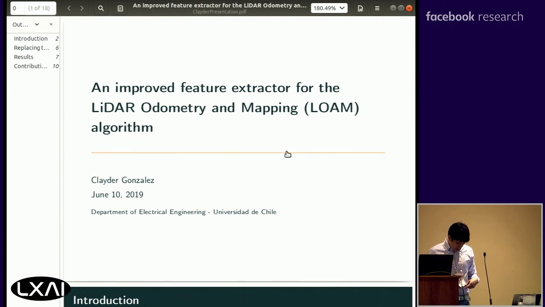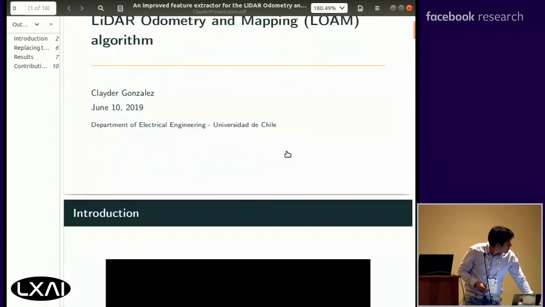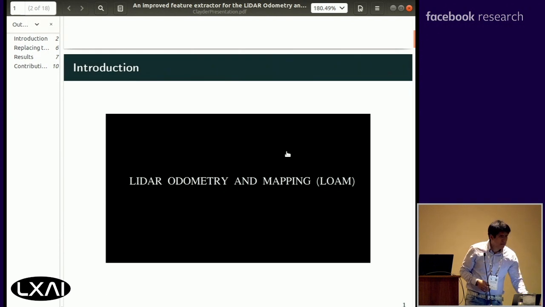I'm from Peru, but I studied my master's at the Universidad de Chile. And there I'm going to present you part of my master thesis, whose title is an improved feature extractor for the LiDAR odometry and mapping algorithm. Well, maybe you don't know, it's in the world of robotics, the LiDAR odometry and mapping,